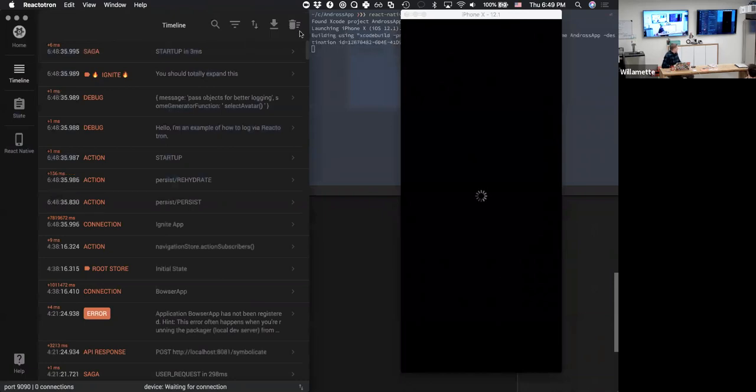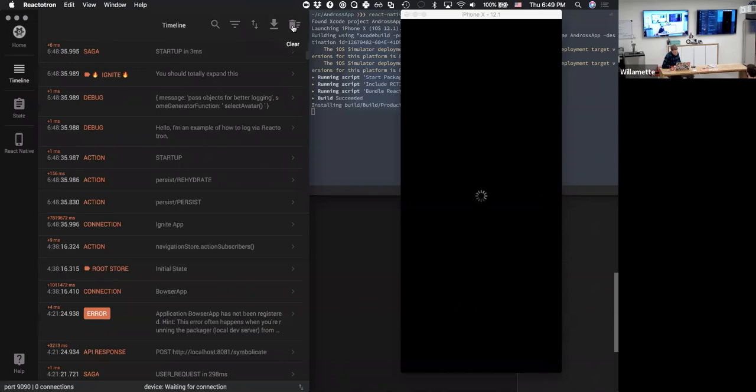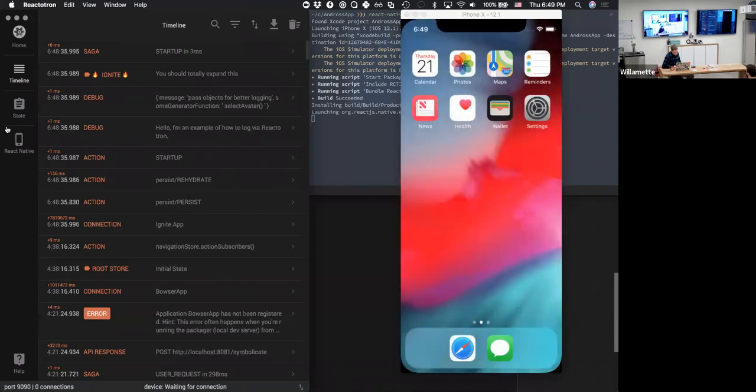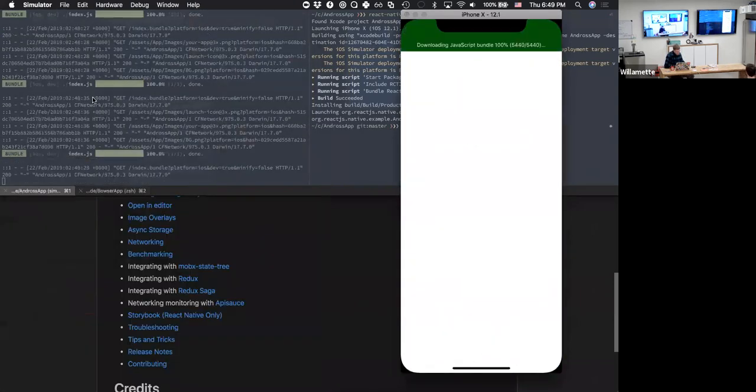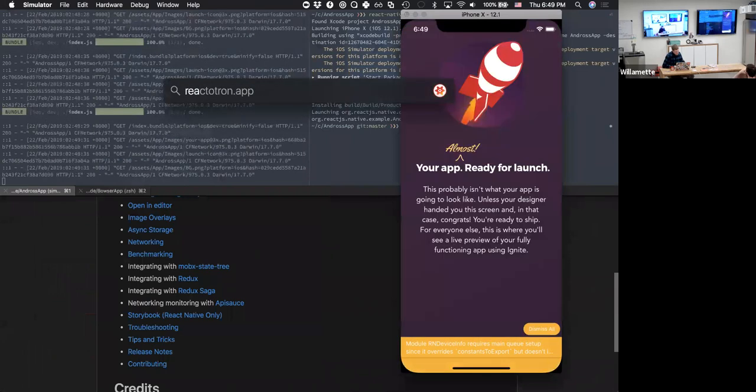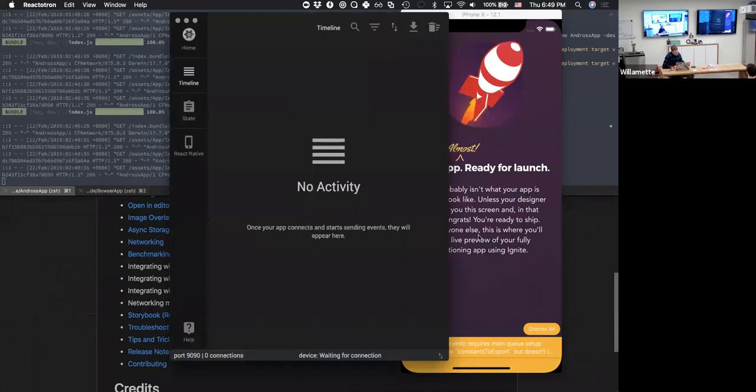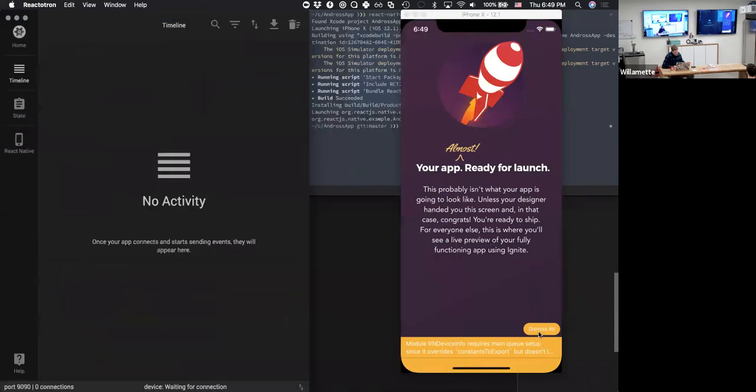Yeah, it runs on all the platforms. So yeah, it's an Electron app. Might need to actually restart it altogether. All right, so